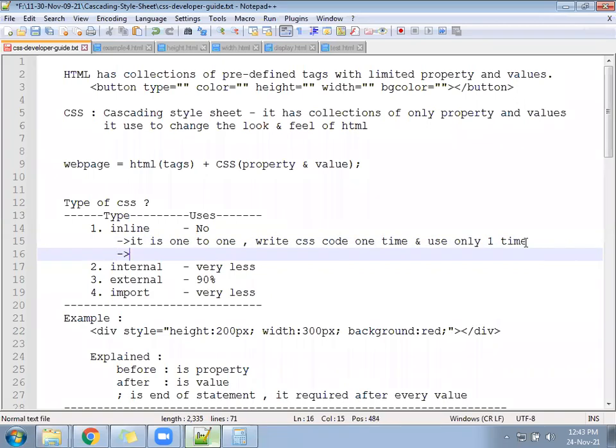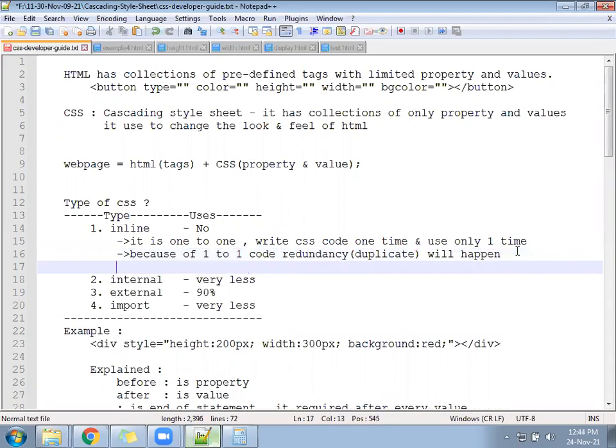You can write here: because of one-to-one, code redundancy will happen. Redundancy in the sense, I'll write here, code duplicate will happen.